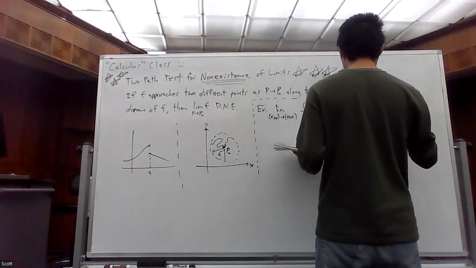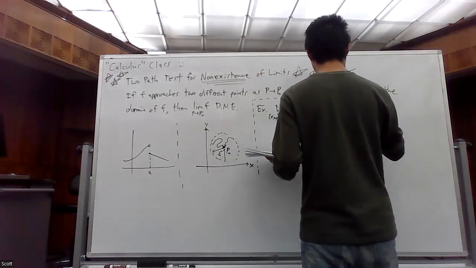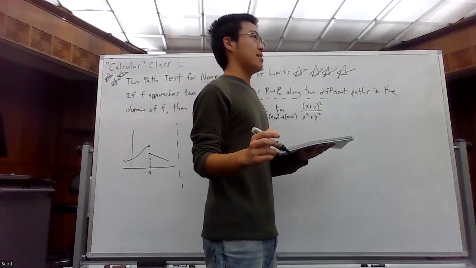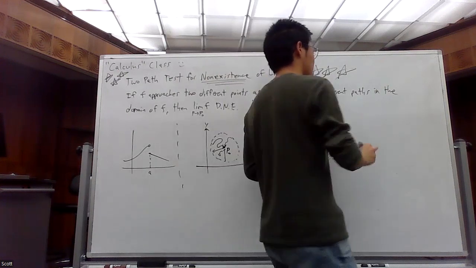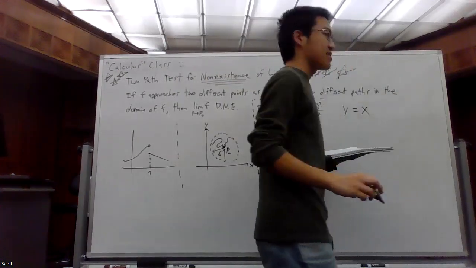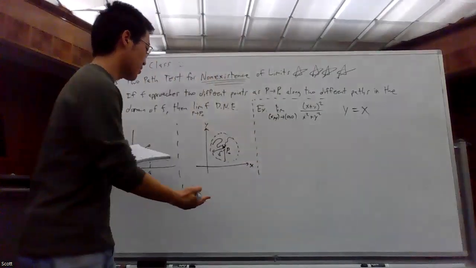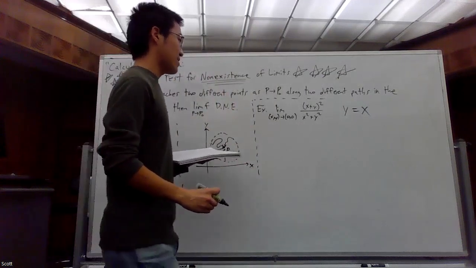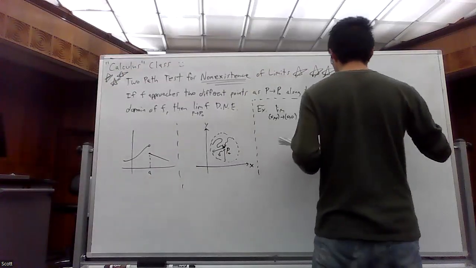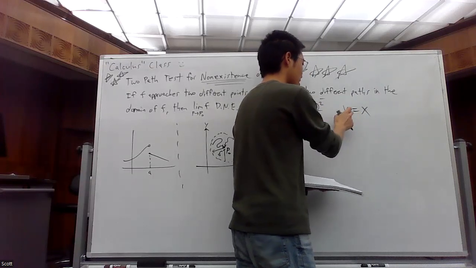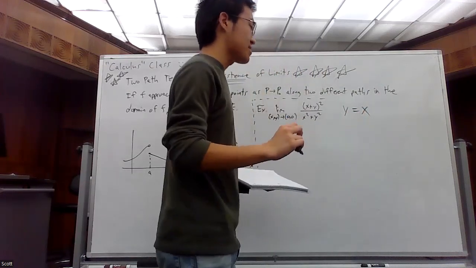Now, here's what we mean by path. We can choose a path. The easiest path you should be choosing is a line, because it makes the algebra far easier. So let's just choose the path y equals x. That's a very easy path. It's just a linear path through your domain to get to your point. And see what happens. Here's how you computationally do this. Every single place you see a y, we're going to substitute in x.